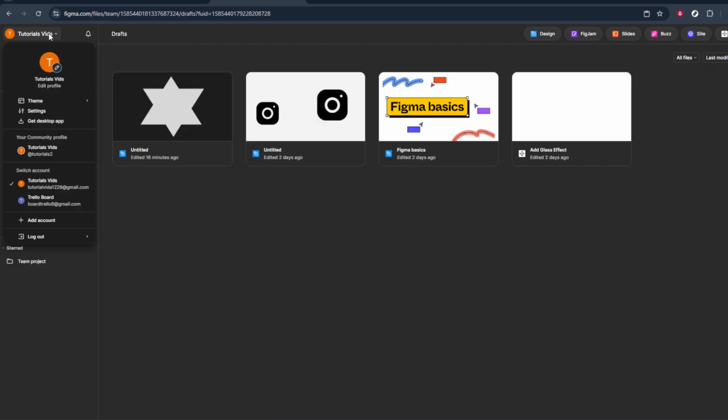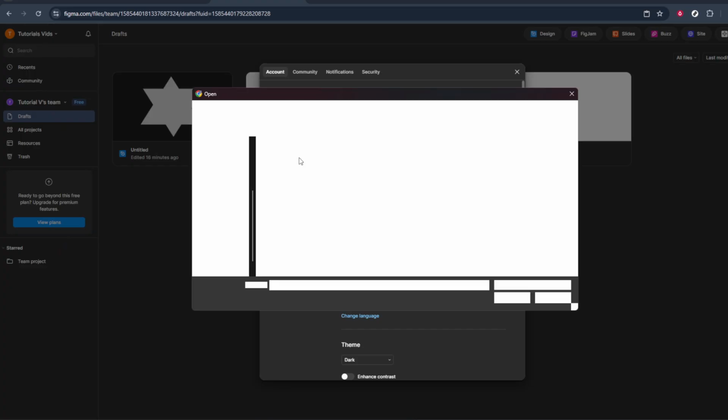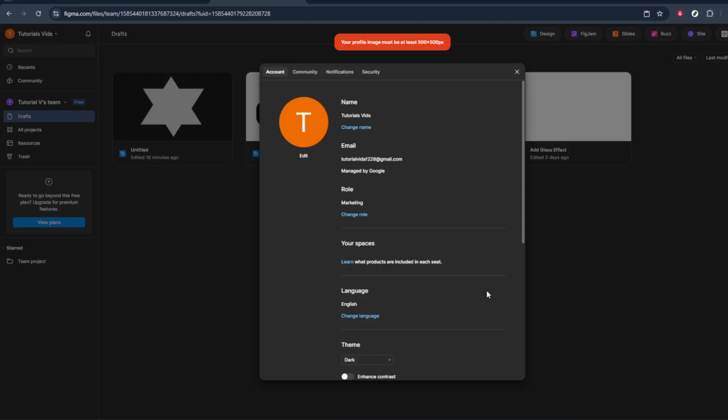Once you click Edit, Figma will guide you with on-screen prompts. Typically, you'll see an option to upload a new image from your computer. Choose a clear, square, or roughly square image if possible, since profile pictures are usually displayed in a circle. When the file picker opens, navigate to the folder where your image is saved, select the photo you want, and